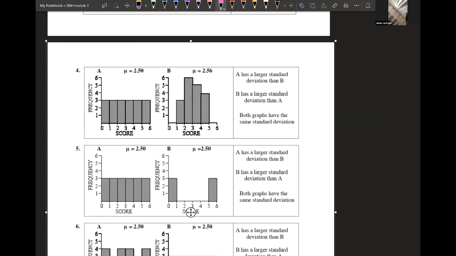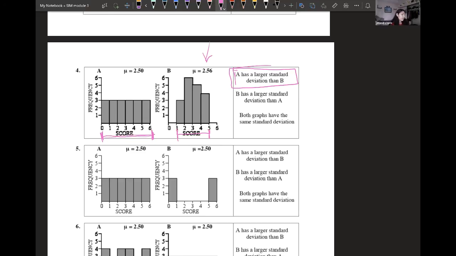B. Okay, so let's see. B goes from 1 to 5, right? And then A goes from 0 to 6. So since A has... You're right. I even see that. Yeah, so if you guys look at the bottom, that tends to be useful because you can see which one will be wider than the other one. Right. Okay, and then for B, this guy here,